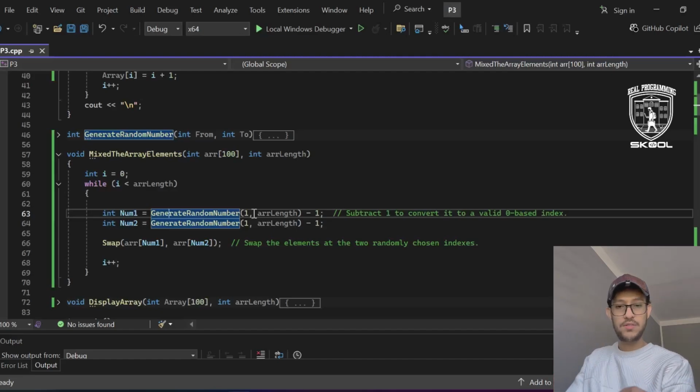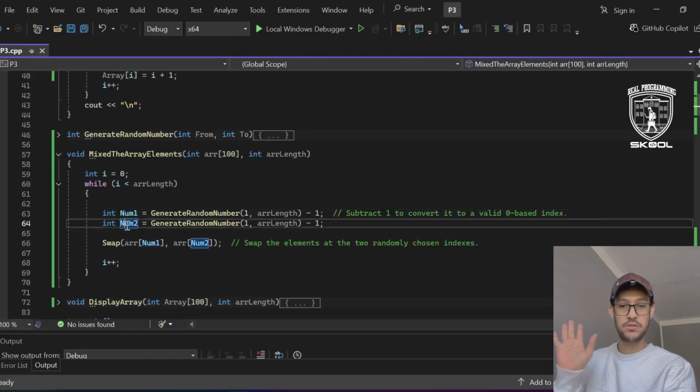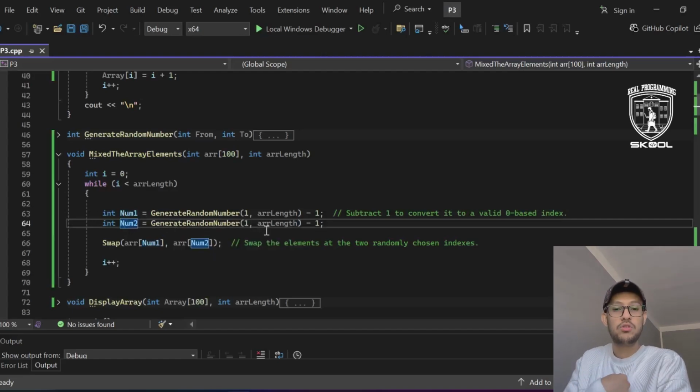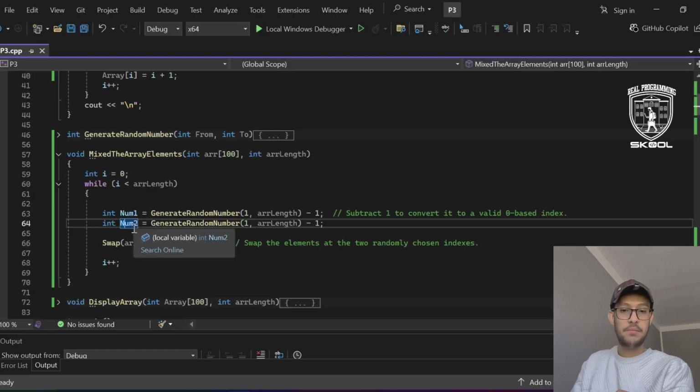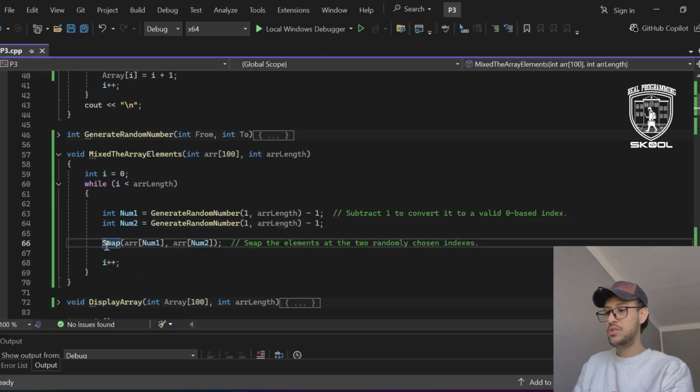For example, the compiler for the first time returns for me, from 1 to 5, within my range, number 5 stored inside num1. So now the num1 variable has, from my range, number 5. Randomly bring me a number from my range and store it inside num1. Okay, and we do the same but with a different variable, num2. We also get a random number according to my range, which is 1 to 5. Let's say number 1, we store it inside num2, and here we come to swap it by using the swap